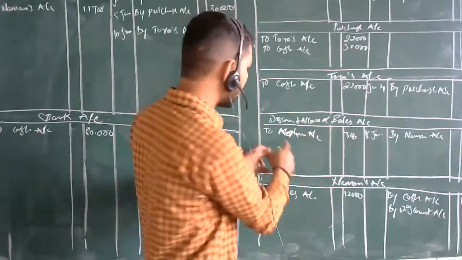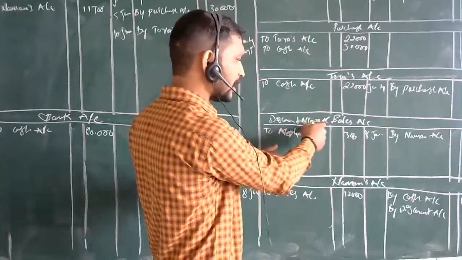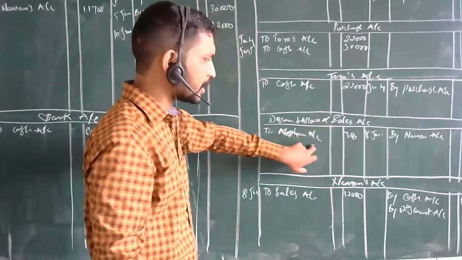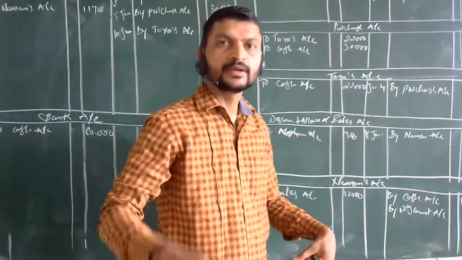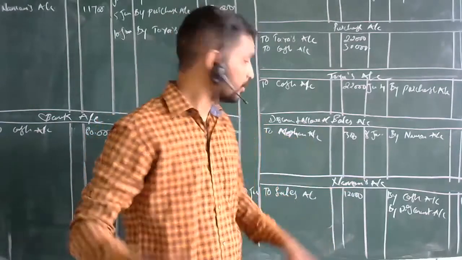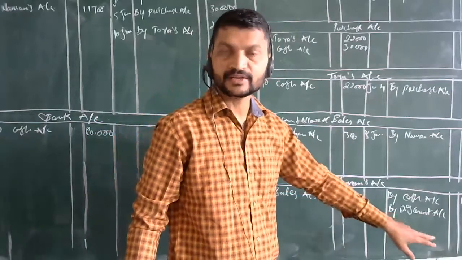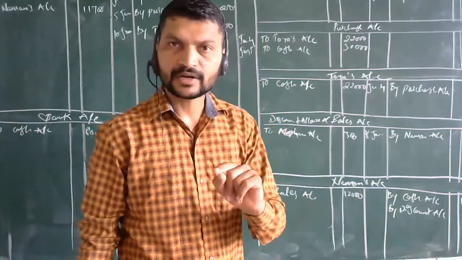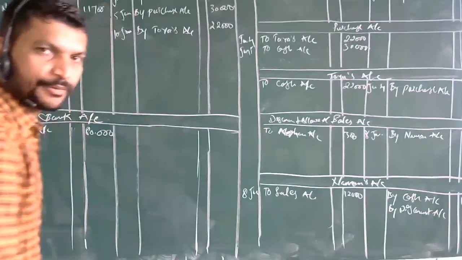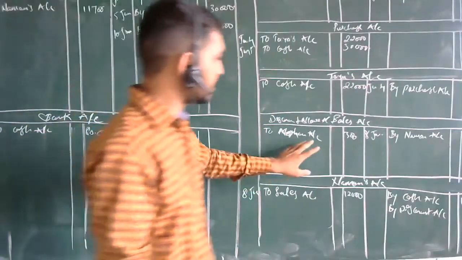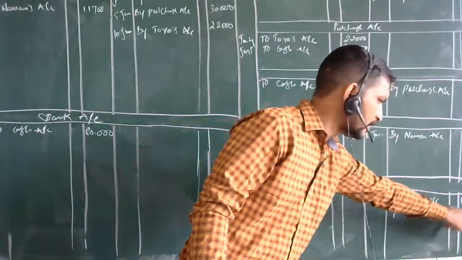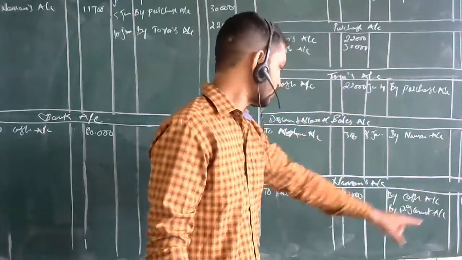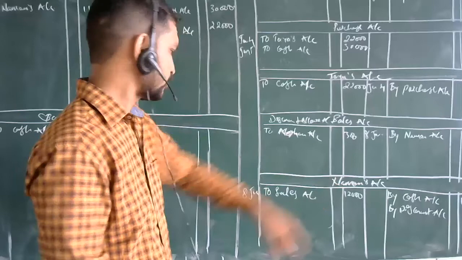Remove it and put the entry as the heading: discount allowed account to Naman's account, 300. Got the things? Then lastly, it is credited to Naman's account. Naman's account we are crediting 12,000 rupees. How are we crediting? 11,700 from cash and 300 from discount. Here we are showing 11,700 and 300, 12,000. We have shown the transaction over here.